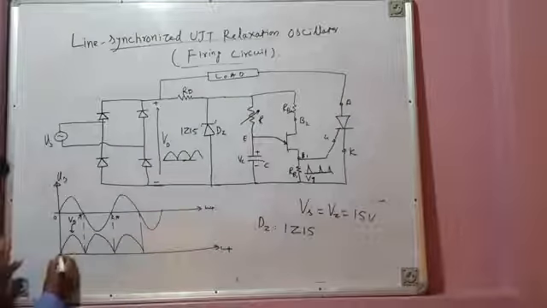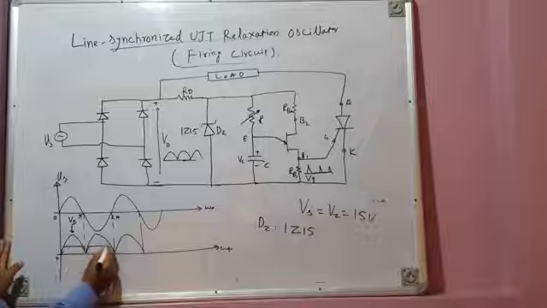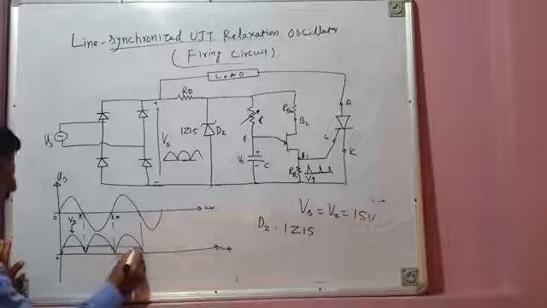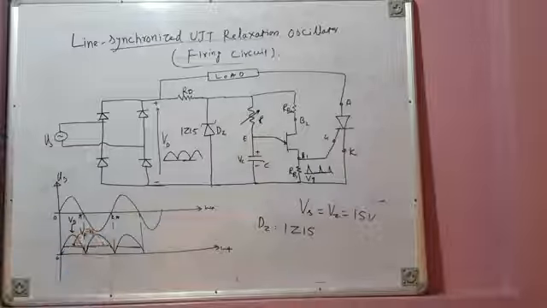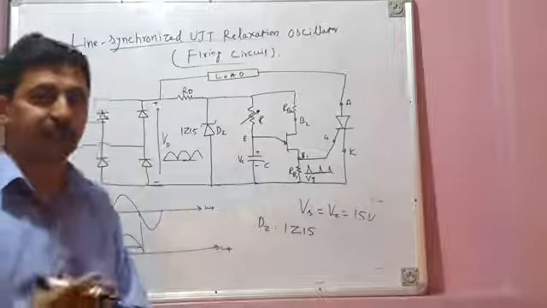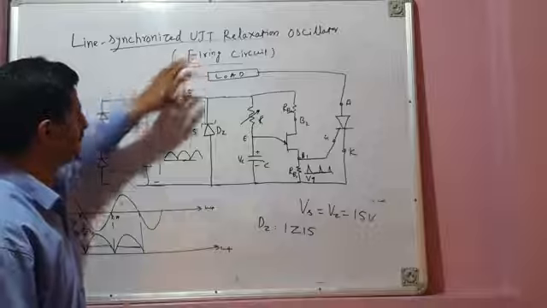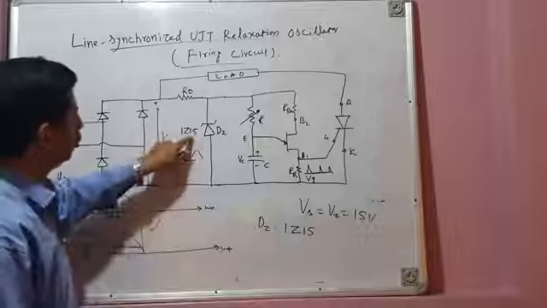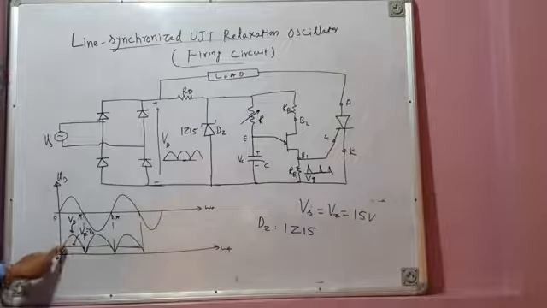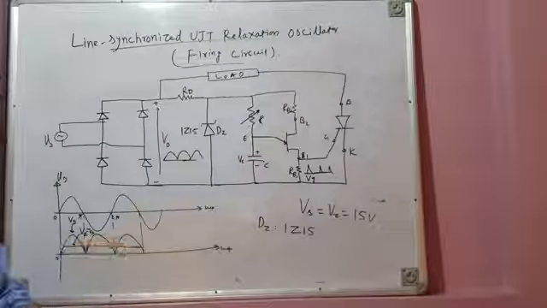What this Zener diode does, as soon as voltage becomes 15 volts, it clips the voltage. You can see it clips the voltage in each half cycle. So this is your Zener voltage, VZ, which is the same as Vs. That is what Zener does, it acts as a clipping circuit. First of all, you drop maximum voltage across this resistance, and suppose you have some 30 to 40 volts available here. Out of 30 to 40 volts, you clip the voltage at 15 volts. So you are clipping the voltage. So this is your Zener voltage. Zener acts as a clamping circuit or as a clipping circuit.